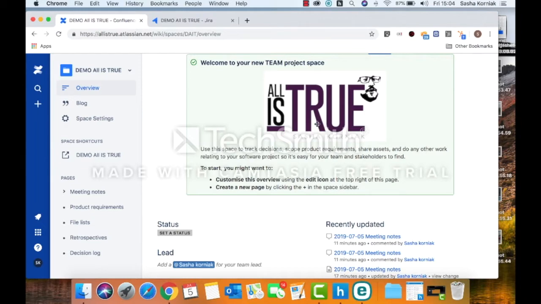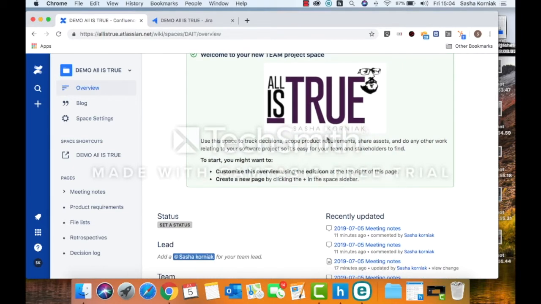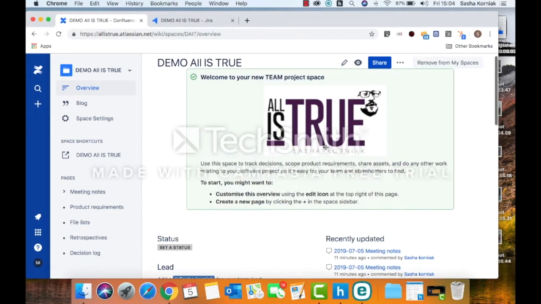So here we go. I've already created a space, a team space. This also could be an operational type space. I've stuck my logo there just to give it some nice window dressing. What we've got down here on the left-hand side are some options which we'll cover, and this page moves up and down like a web page. So this is a dynamic page which can be edited to provide dynamic information from different places.